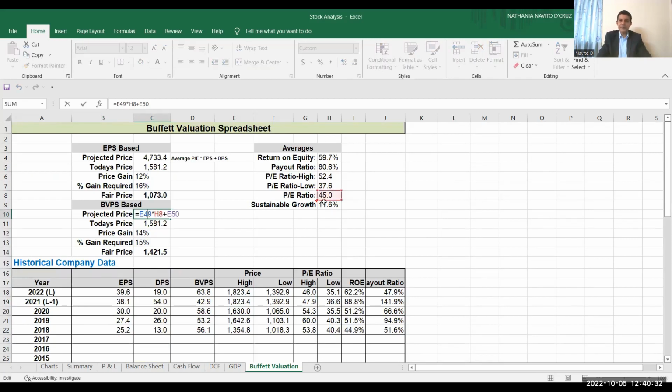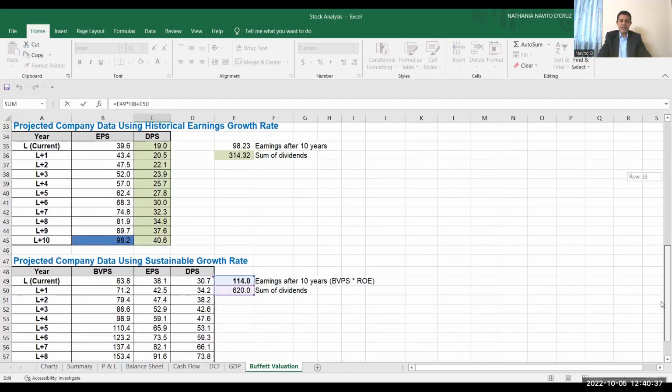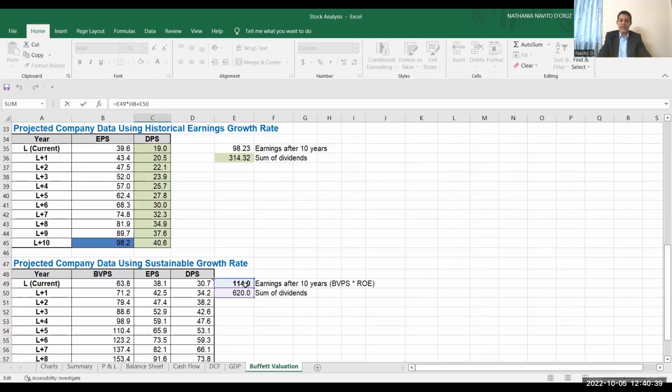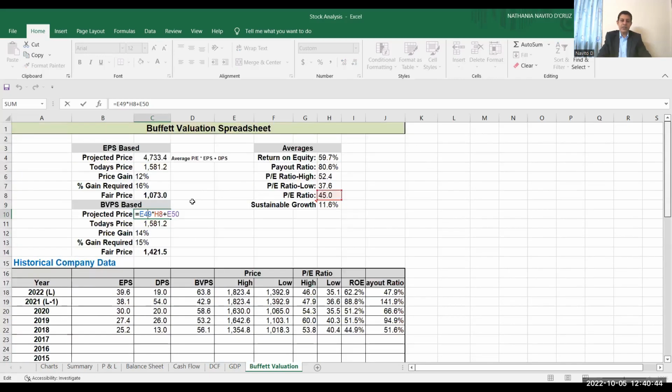We take the P ratio and then multiply it by the last price, that is 114, and then we add up all the dividends. Once we add up all the dividends, this is the projected price which we arrive to. Now that we know the projected price, we can determine what is our today's price by looking into nseindia.com and then determine if we invest today our capital, what is the returns we can expect after 10 years, which is